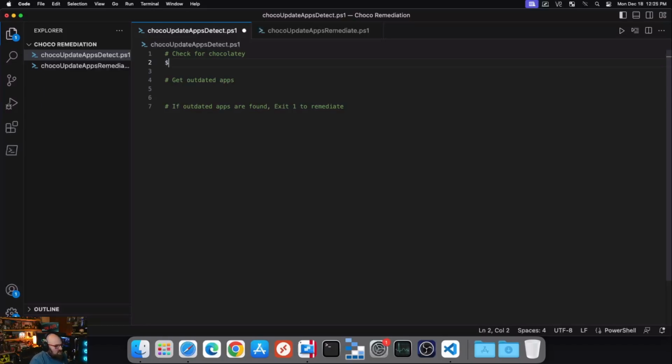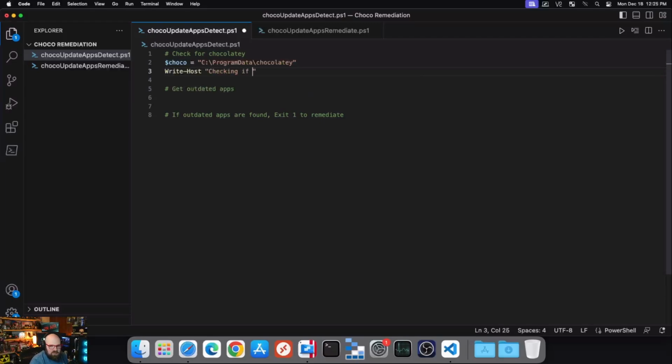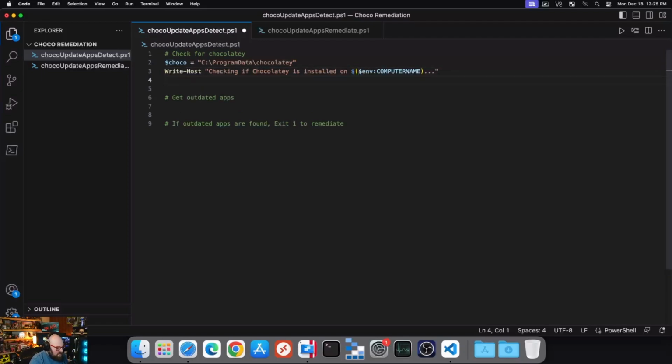So checking for Chocolatey, first thing we're going to do is choco equals C, program data, Chocolatey, and we're going to write host, checking if Chocolatey is installed on, and this will be computer name. That's like our host name. We'll use the built-in variable for that. All right, and then we just check for the test path. If test path choco is not there,